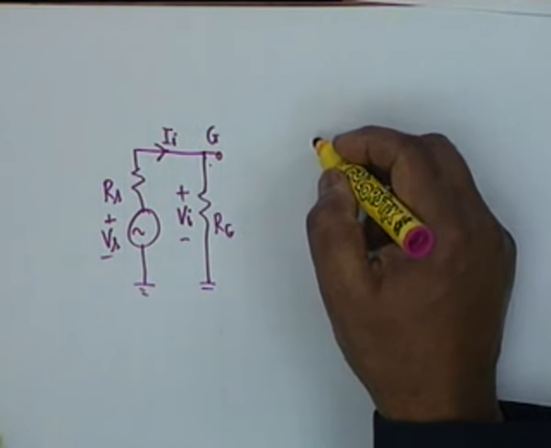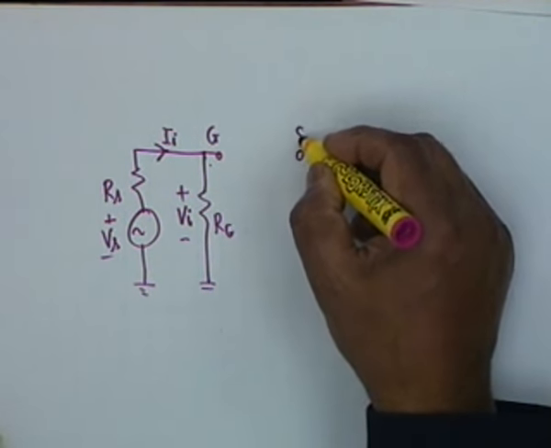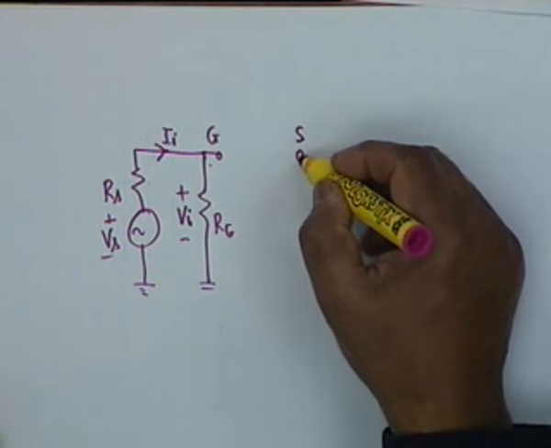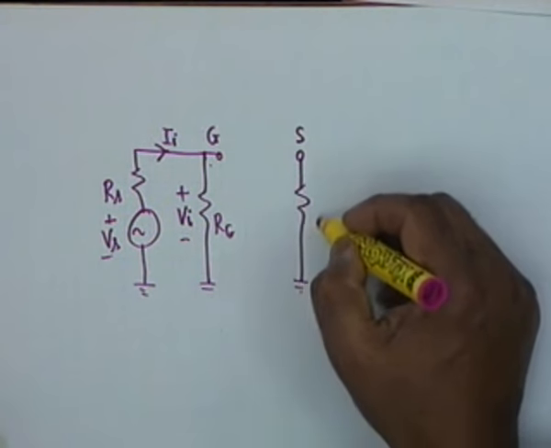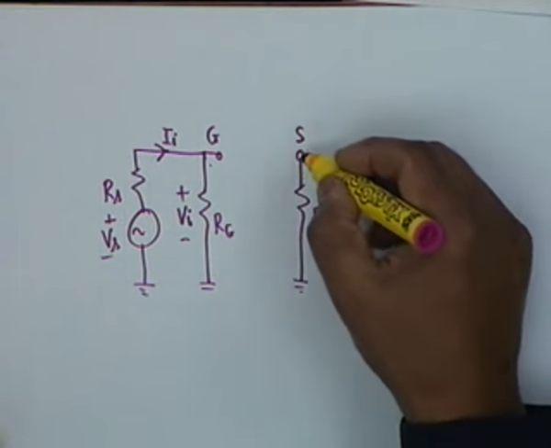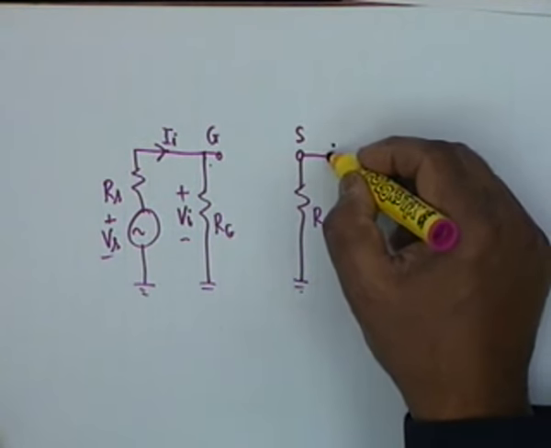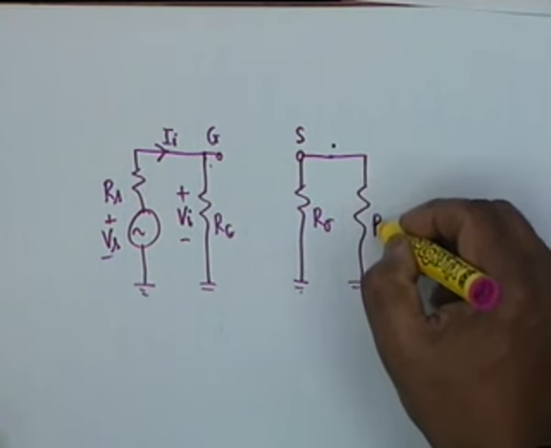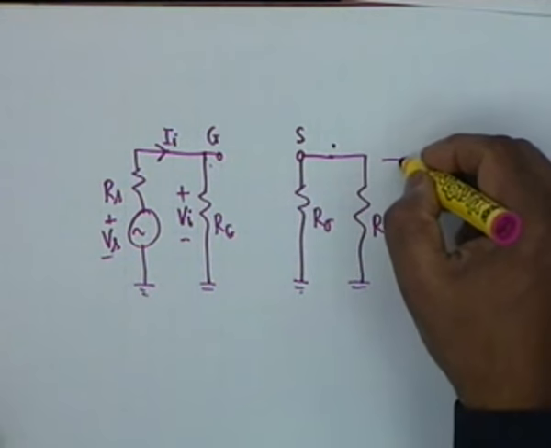The drain is connected to ground, so the source terminal will now act as the load, the output terminal R sigma, then RL, this is V0